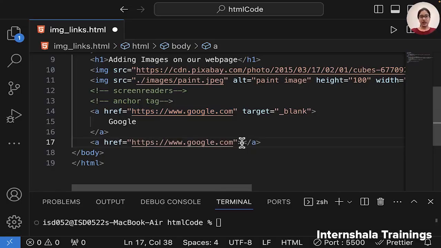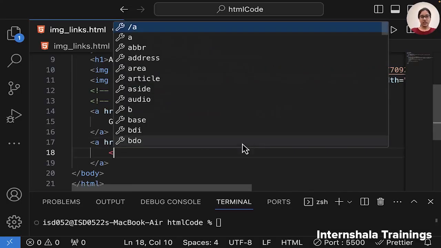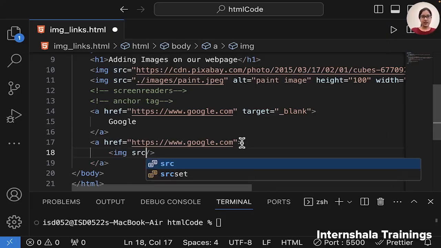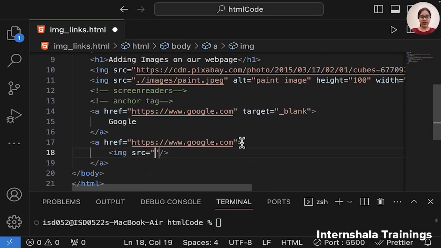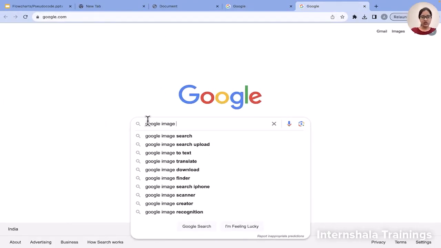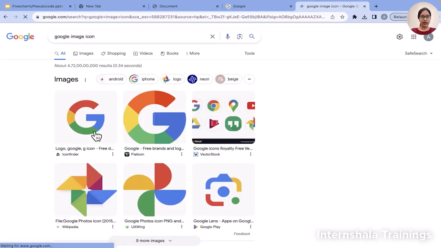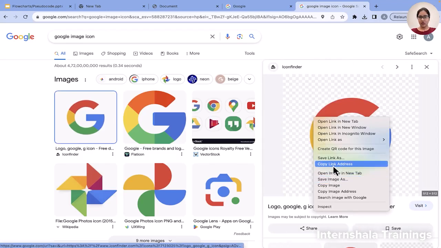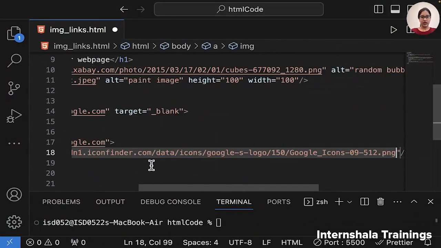So here let me add an image, and say src is equals to, let me copy some Google image icon, something like this. And let me copy the image address and put it here like this.